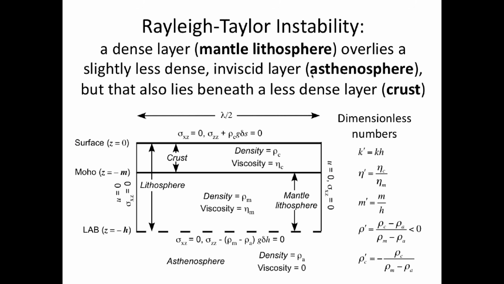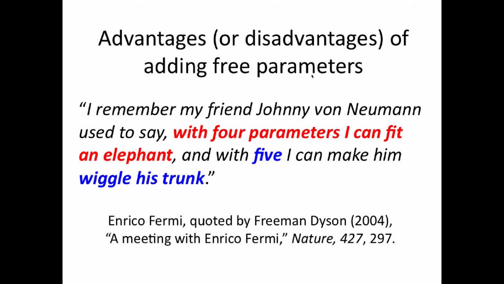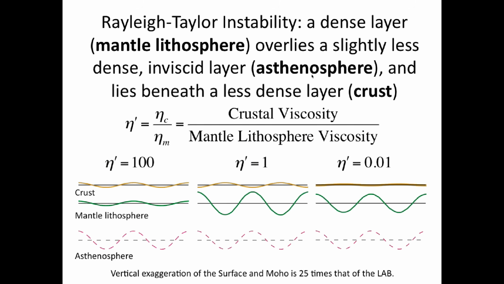Now, there is a precedent here. This is a quote that Freeman Dyson got from Enrico Fermi, and it's quoted in an article about Fermi by Dyson. He says, I remember my friend Johnny von Neumann, one of the great mathematical physicists of the 20th century, used to say, with 4 parameters I can fit an elephant, and with 5 I can make him wiggle his trunk. Well, we aren't in von Neumann's class. We have 5 of these parameters, and we're not close to making the trunk wiggle, let alone